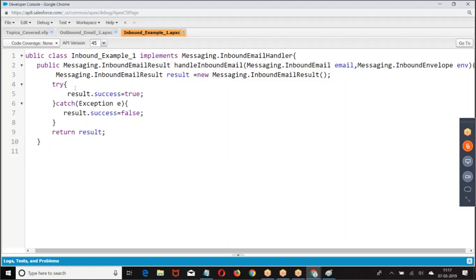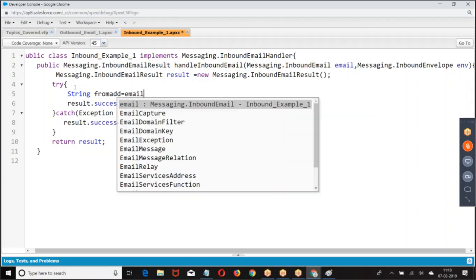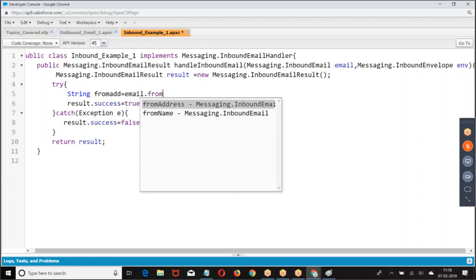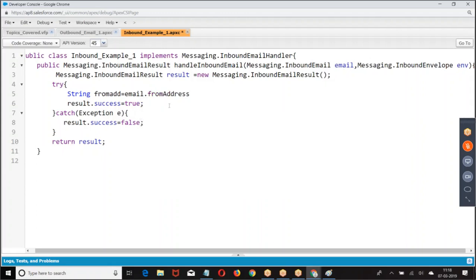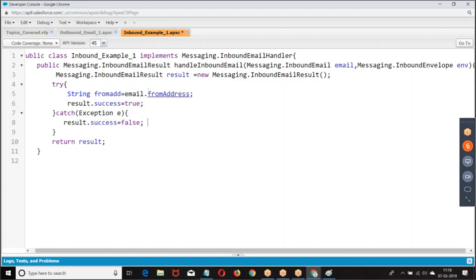Now look at the format we have. String fromAddress equal to email.fromAddress. From where did you receive the email?